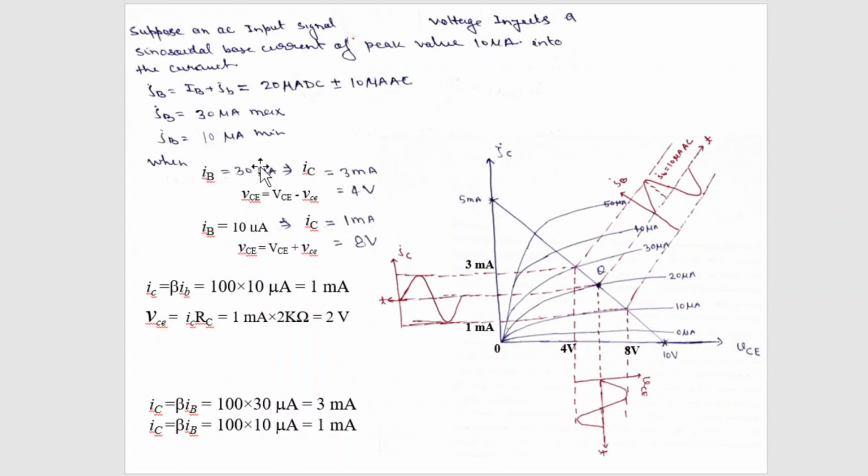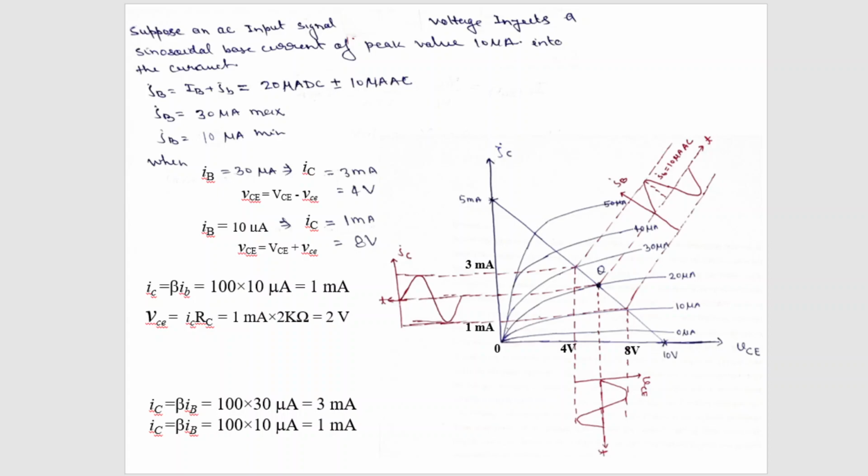This small iC can directly be determined by knowing small iB. Here I have determined it because we have the two values of maximum superimposed base current, small iB 30 and small iB 10. Corresponding to these, if you multiply by beta, that will give small iC, that is 3 and 1 milliampere. So that is what I have done. Otherwise, I have explained it here clearly. So this is what we have learned in this problem.